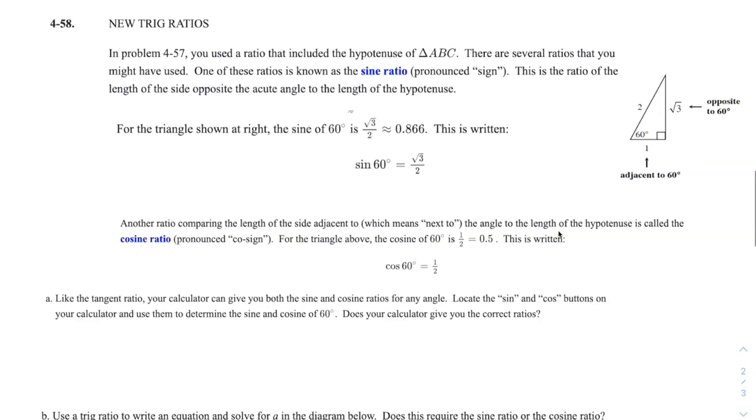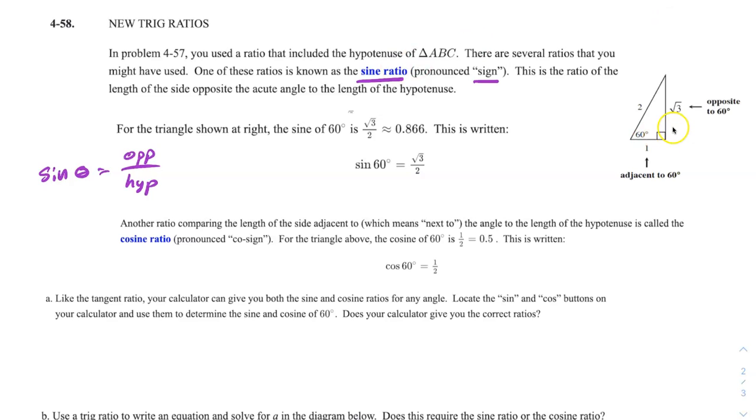Okay, now let's go to the real point of this lesson, which is that there are new trig ratios. Before, we only had one, the tangent ratio, opposite over adjacent. Now we're going to have some new ones, like first the sine ratio, pronounced sine, like the sign you see on a billboard. So that's called a sine ratio. And that's always going to be